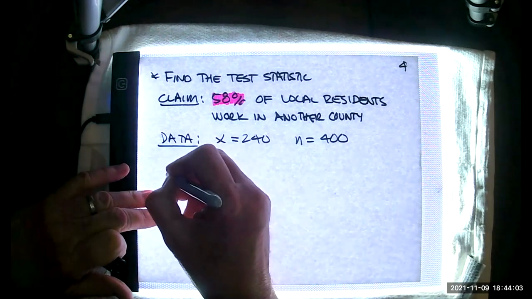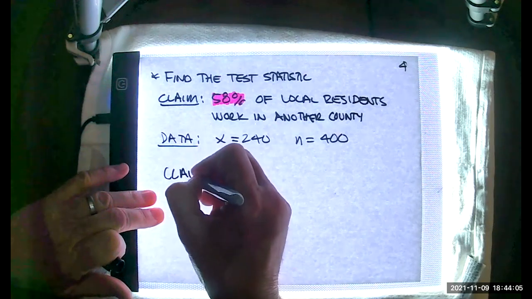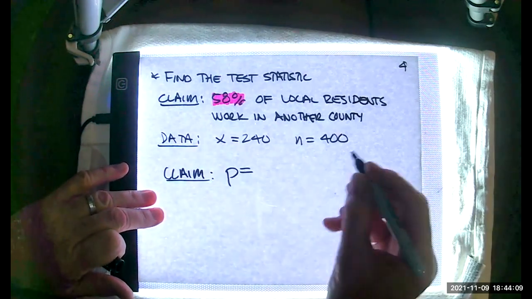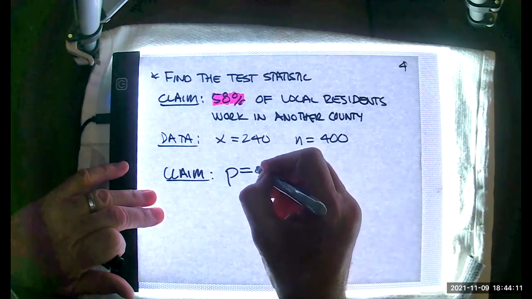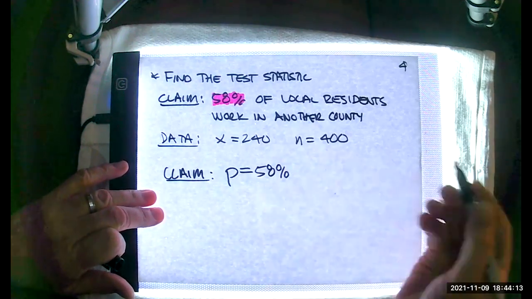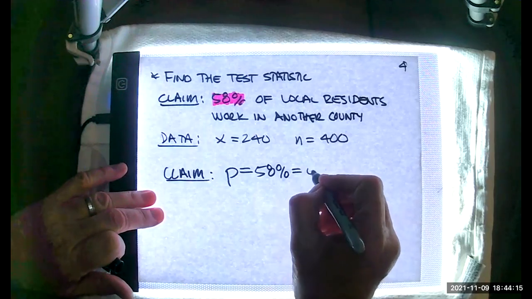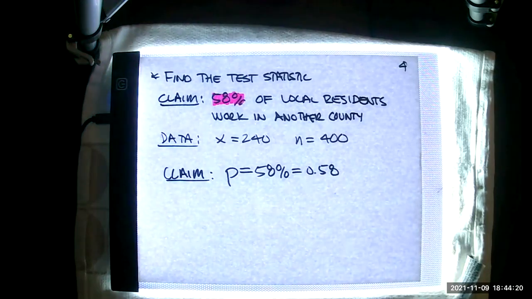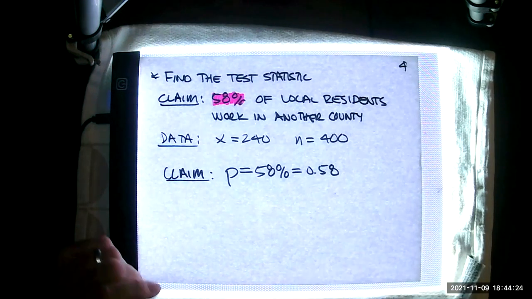So my claim translates to P, for population proportion, equals 58%, or perhaps 0.58. And that is what we'll actually need to make sure we can go ahead and